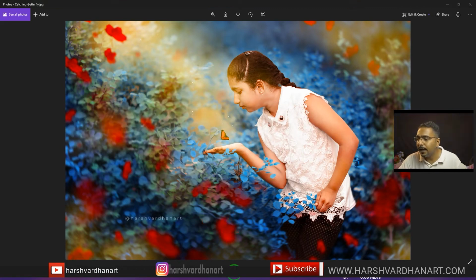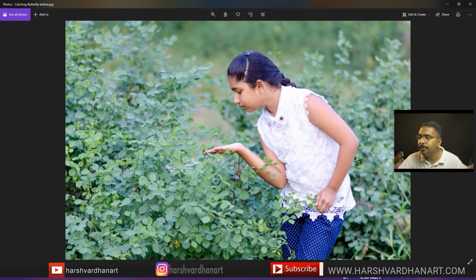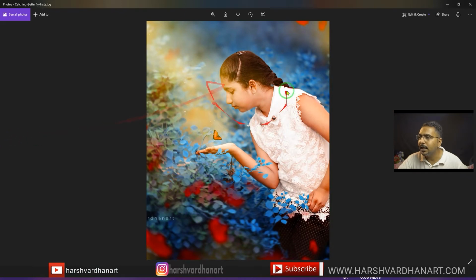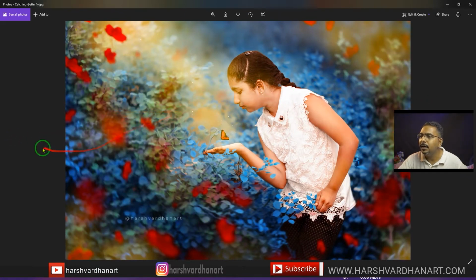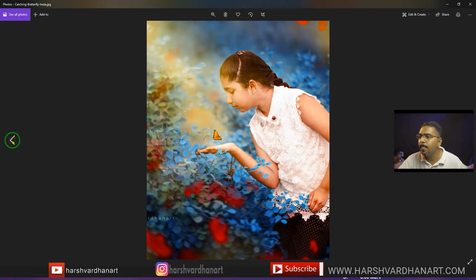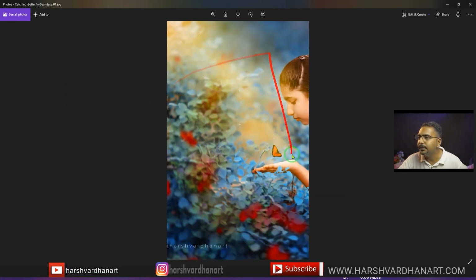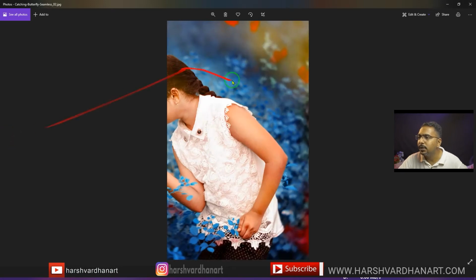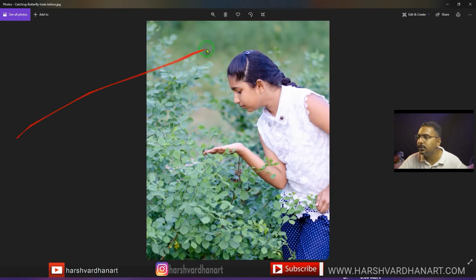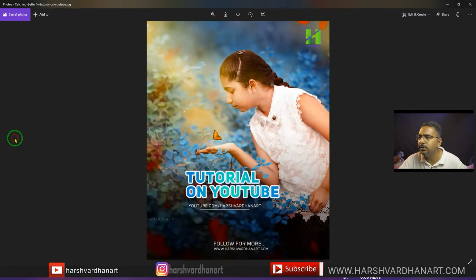First of all, I'll show you what we are going to upload for this tutorial. You can see this is my image, this is the second image, this is the before image, and let me show you another image. It has the 4:5 ratio, this one is 16:9, and this one has a totally different ratio. This one also has a different ratio or resolution, and these have the same 4:5 ratio.